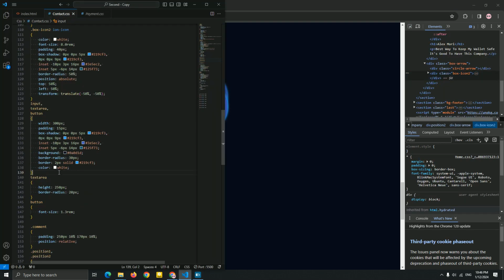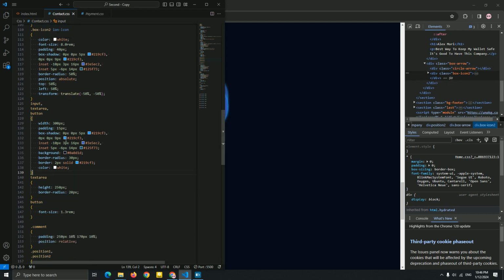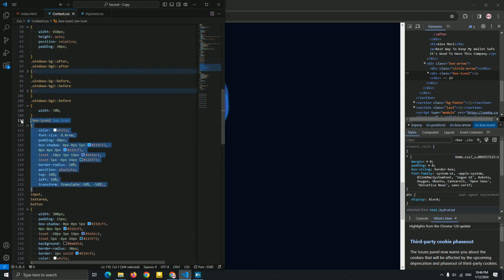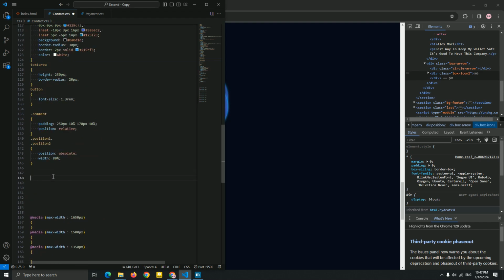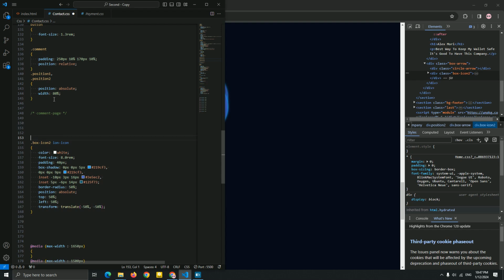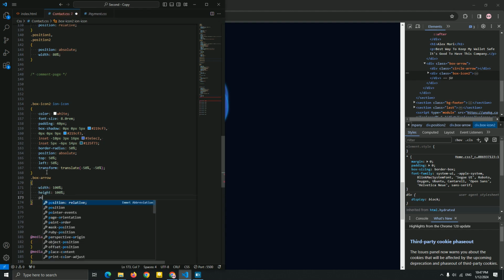Let's go create an arrow for this. So as we name it, this is box arrow, I'm gonna call it here. Let me just copy this, paste it. I'm sorry, it's too much. Okay, it's a comment page for now. No problem with this, just skip it. Okay, now it's good. Now let me add a box arrow, just like I said. Box arrow, I'm gonna add width, height, let me add position relative.